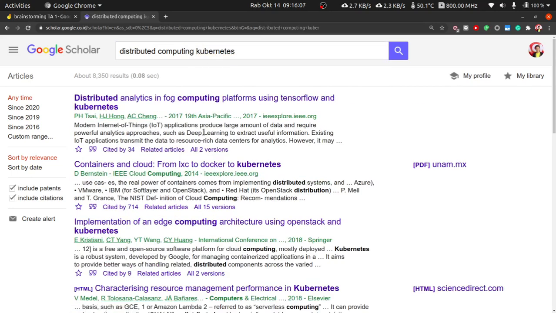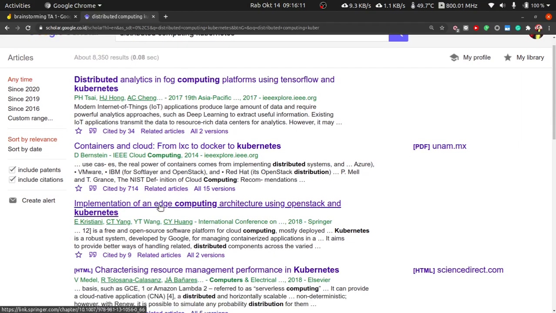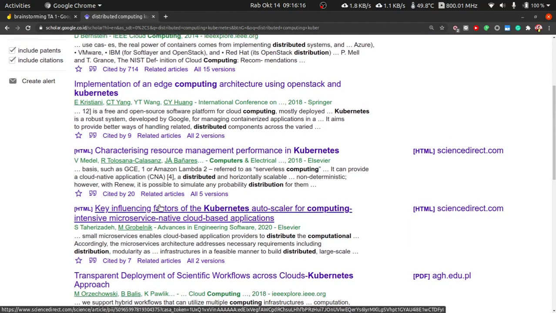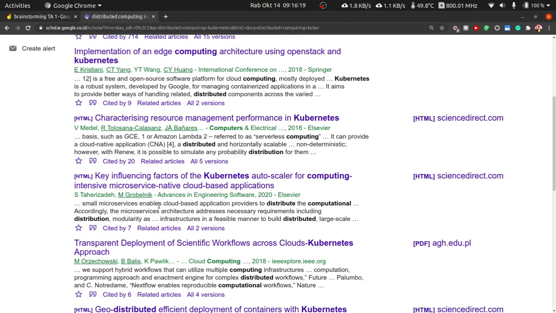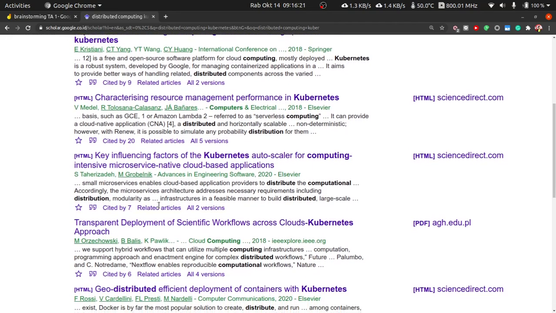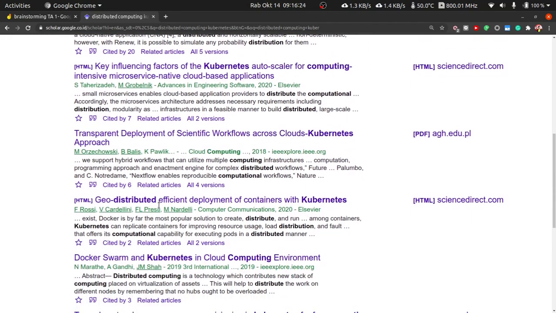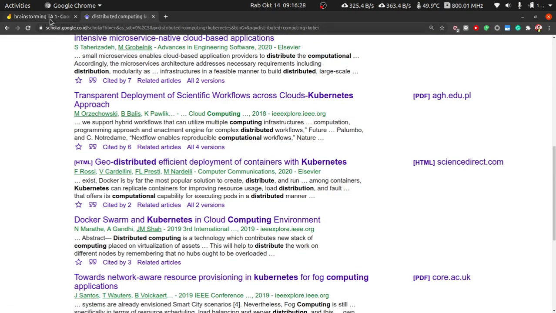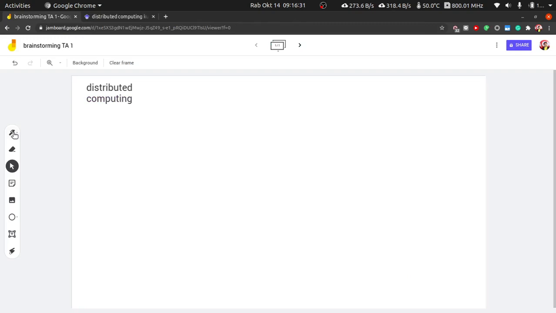I haven't used this. So still with this keyword I don't really see anything that directly has almost the same idea as the thing that I'm going to do. So alright, okay, let's just talk about my idea first. What I'm going to write is some kind of distributed computing, like parallel processing for post video processing.